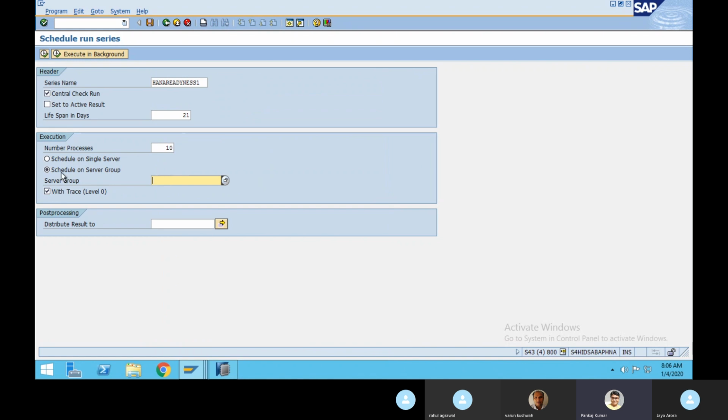We'll discuss the server group in another session, but you can select the server group on which you want to perform this test, and there is one option for when you want to activate this test.